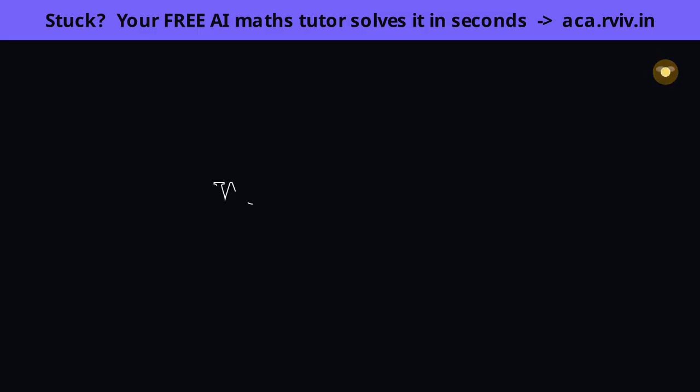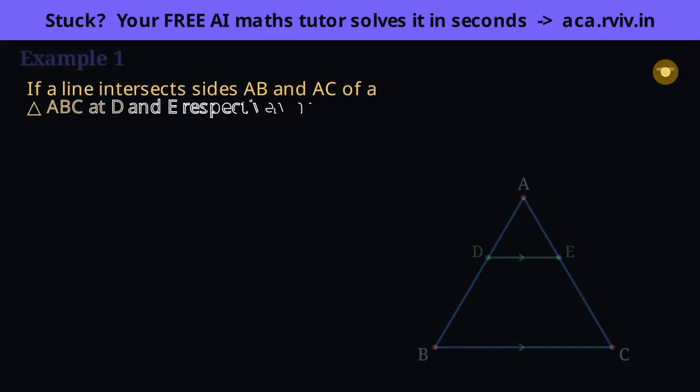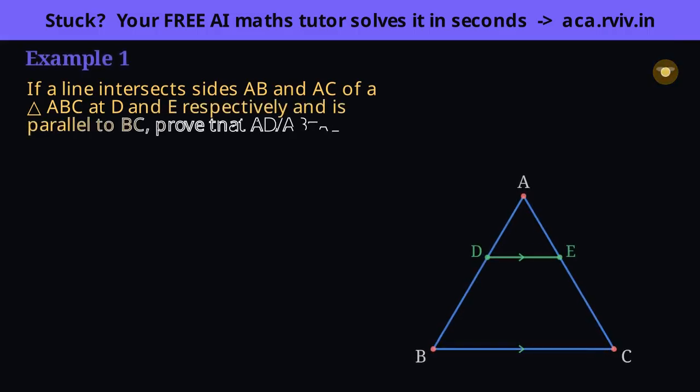Let's walk through all 8 examples together, one gentle step at a time. As we go, notice we are really practicing just a handful of moves. Spot a parallel line and reach for Thales, spot matching angles or sides and reach for a similarity criterion, so by the end these won't feel like 8 separate puzzles but one toolkit used 8 ways. The theorem gives us part over part, but we are asked for part over whole, so a tiny algebra flip is the whole game here.